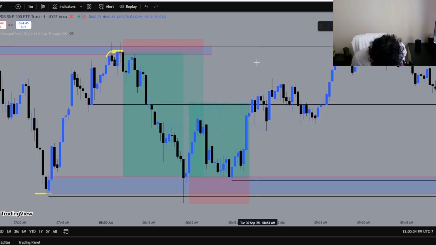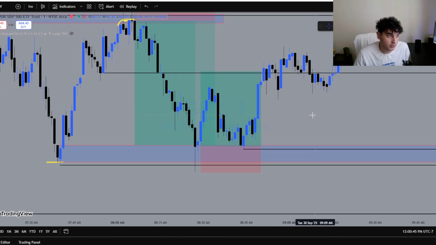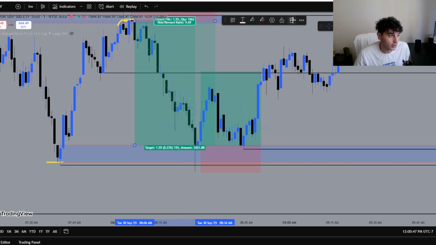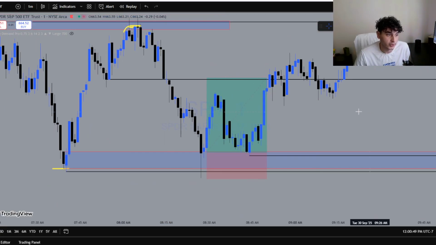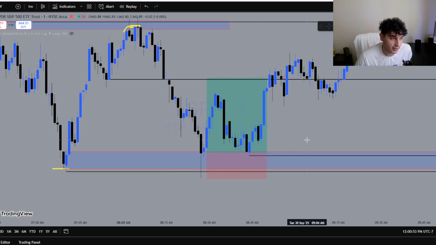So that's why it's best to trade the first to third rejections or bounces from whatever zone that you're trading at. So just to cover up in terms of take profits, for demand, we covered what we would do for our take profit with supply. Now for demand, it would literally be the same exact thing. Let's say we are entering right